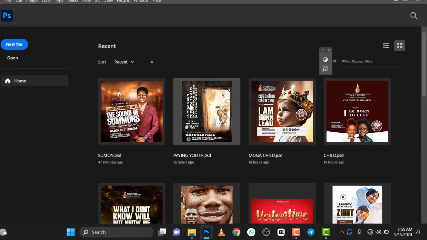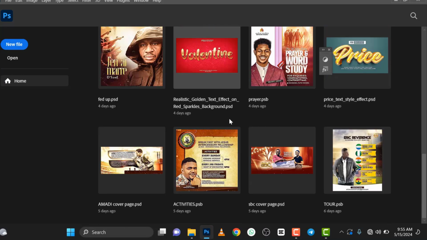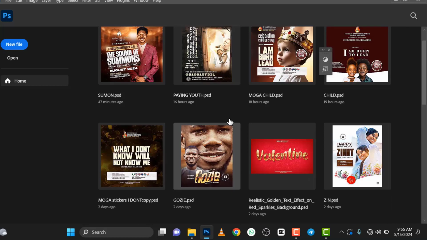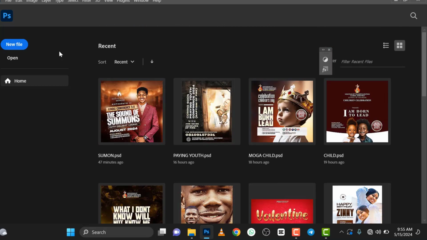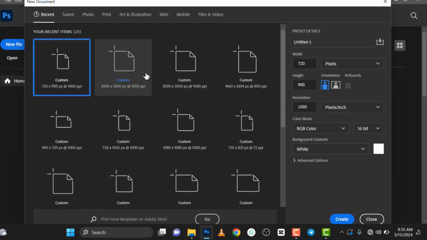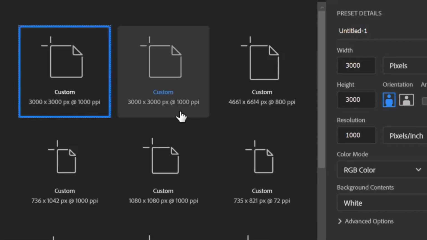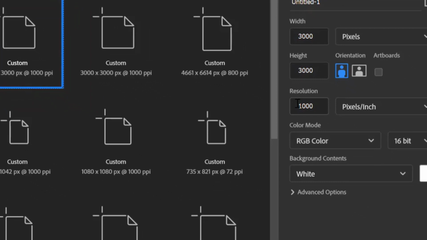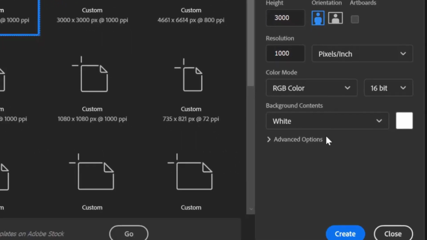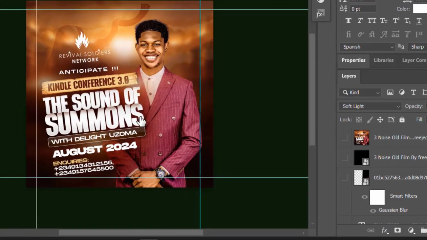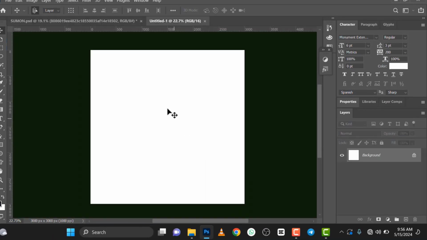So when you launch your Photoshop, this is the first interface you are going to see. So we go to the new file. Then under new file, you're going to use 3000 by 3000 pixels. Leave the resolution at 1000, everything 16 bits, everything just leave it like that, no GB, because it is mainly for internet flyer designing. You click on create. Then when you have done this,